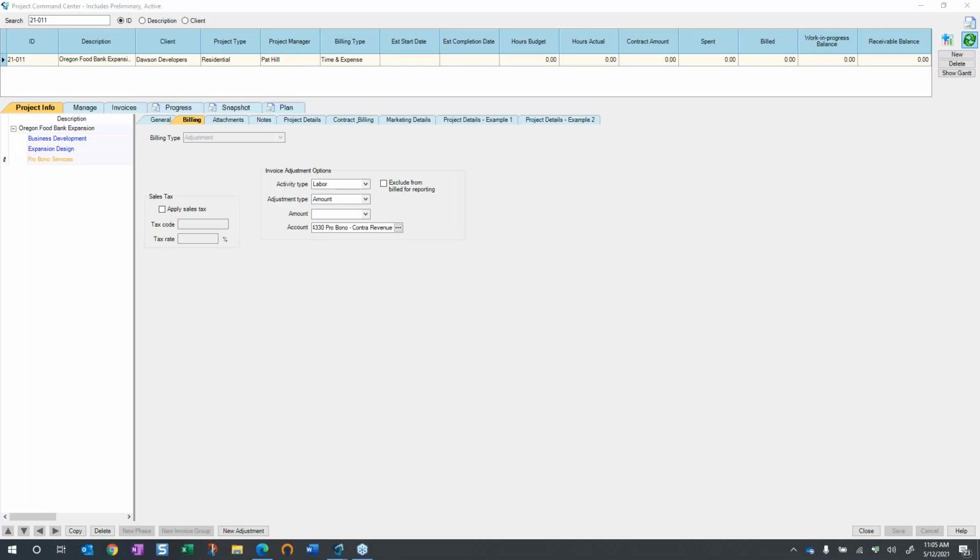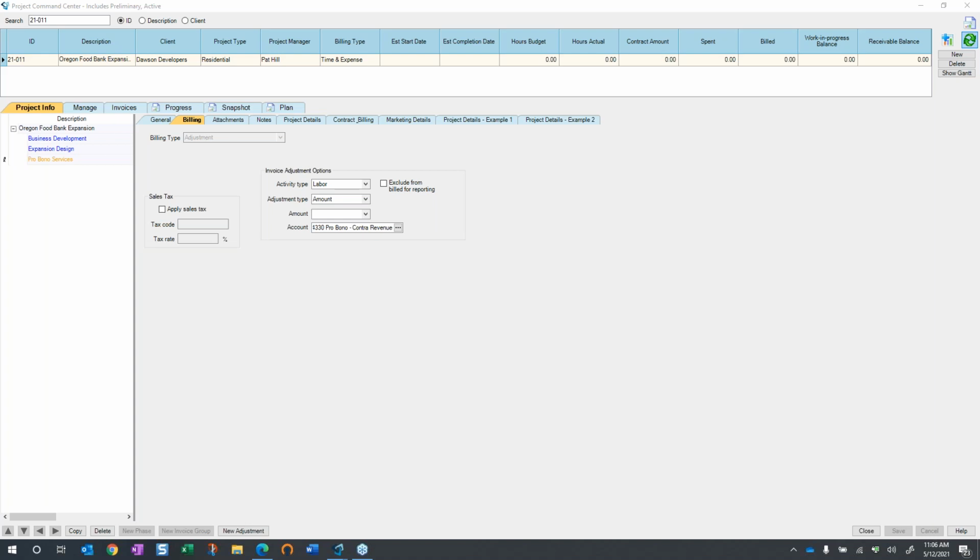So Shauna's gonna walk you through it and show you how, and we've got your screen, Shauna. Okay, fantastic. So it does sound like you guys are in need of some of these types of adjustments for the work that you perform. One example is the pro bono effort that you provide to clients. And if they really need to see that effort as documentation for their financial reporting purposes, we really recommend recording all of your efforts to a project, generating that billable amount, and then reflecting the adjustment for those pro bono